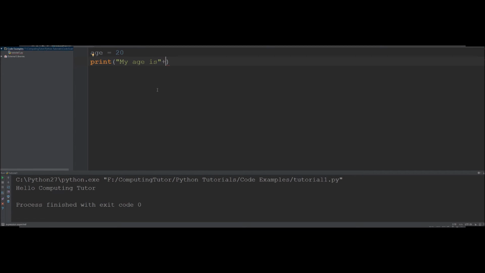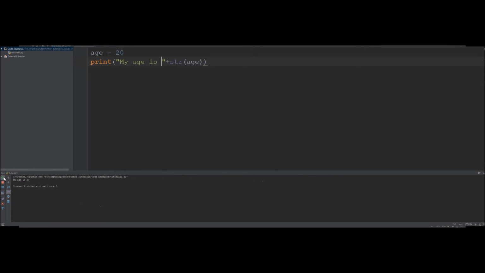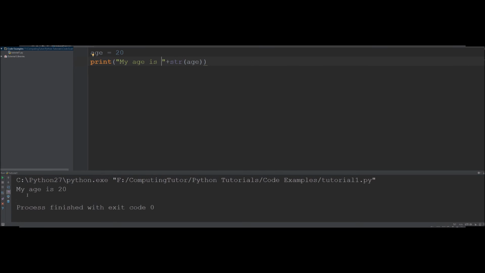and I'll do a plus, and then because it's an integer and that's its data type, I'm going to need to convert it to a string to print it out. So I'm going to type str and then the name of the variable, so I'm going to type age like that. Okay, I'm just going to add a space in there, and it's going to print out my age is, and then str(age), which is 20 there. So we run that, you can see it's printed out my age is 20. Okay,